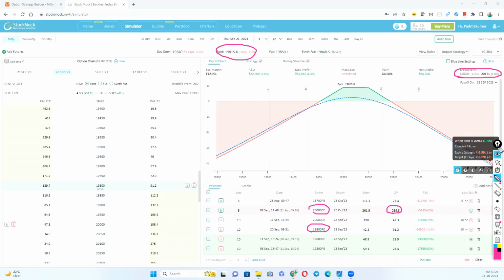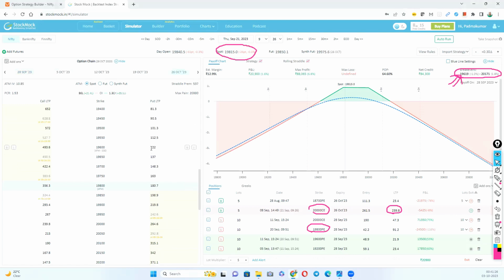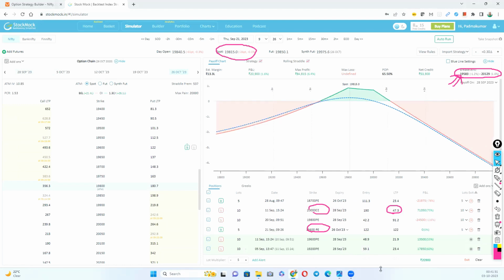What is the hedge you need to buy? Based on the break even. What is the break even downside? Break even downside is 19,600. So we'll have to buy the 19,600 hedge from the October series, at a cost of around 122. Okay. So now we bought the hedge for 19,600 for 122 rupees. So what we have done now, we have closed the final second hedge, and also since spot reached the sold option of 19,800 put,